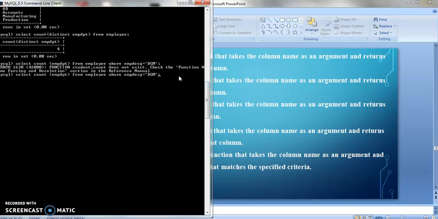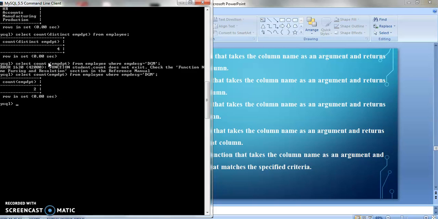Sorry, I put a space, and that is why the error is coming. The space should not be there. The function is correct, but there must be no space; by mistake it happened.